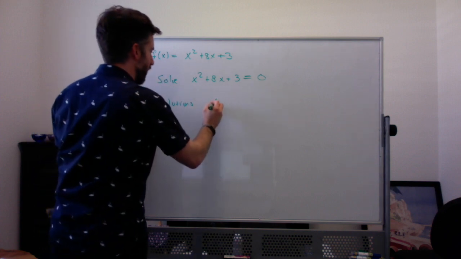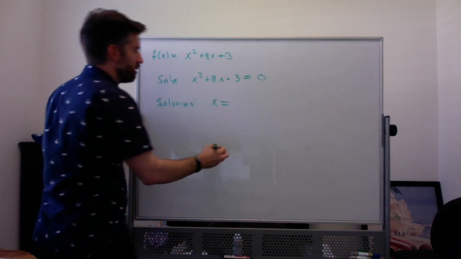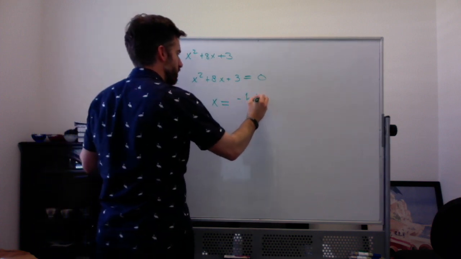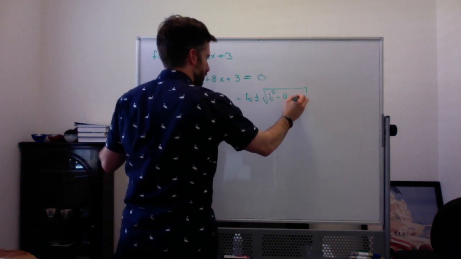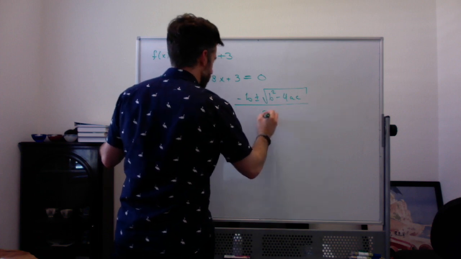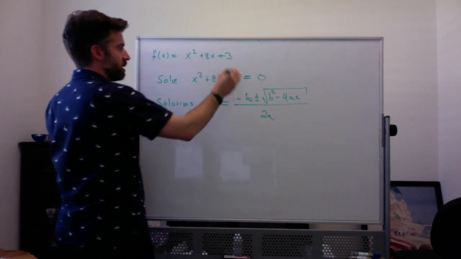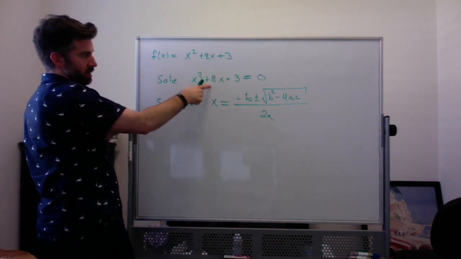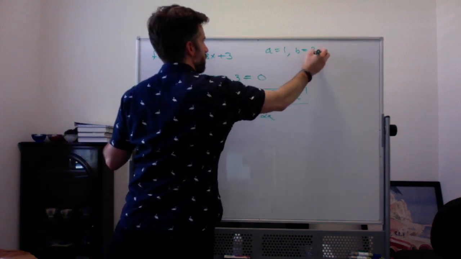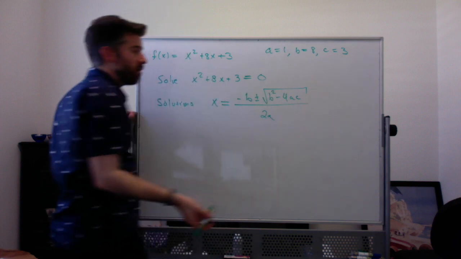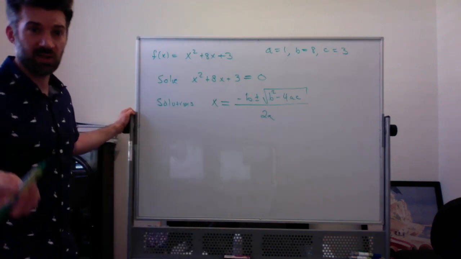So you're actually getting x equal to negative b plus or minus the square root of b squared minus 4 times a times c, over 2 times a. Where in this case, a is the first coefficient, b is the second, c is the third. So a equals 1, b equals 8, c equals 3. Here they're all positive, but it is important to make sure you pay attention to the sign of each of